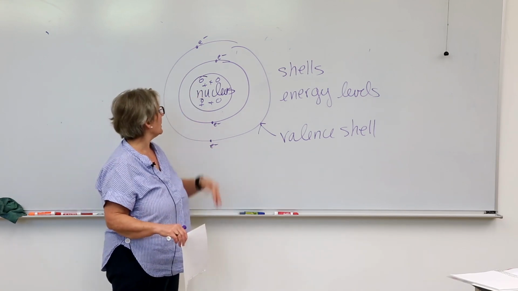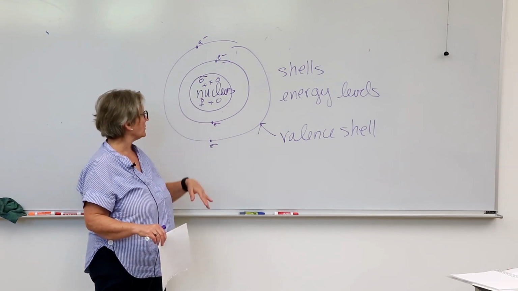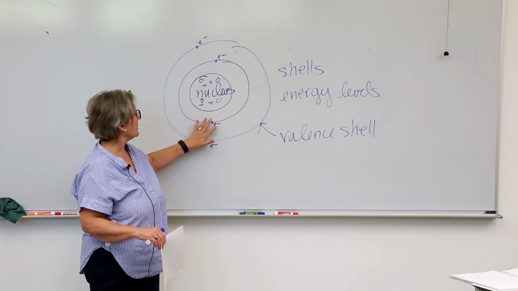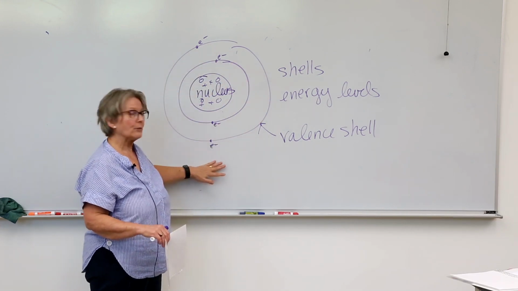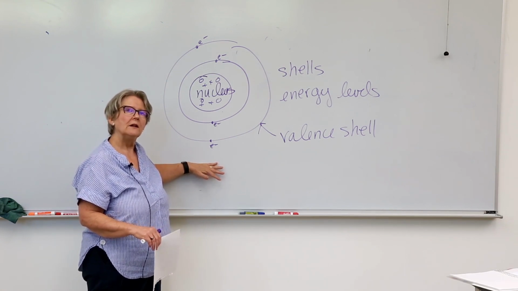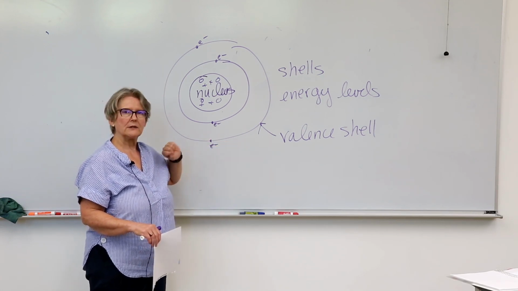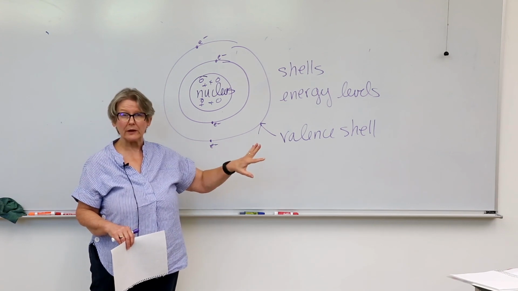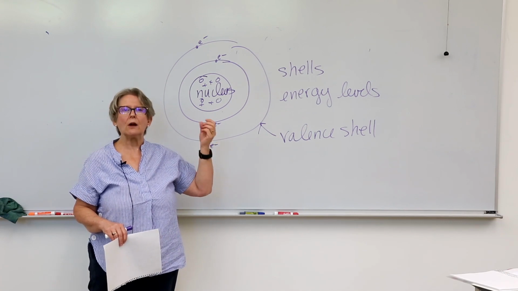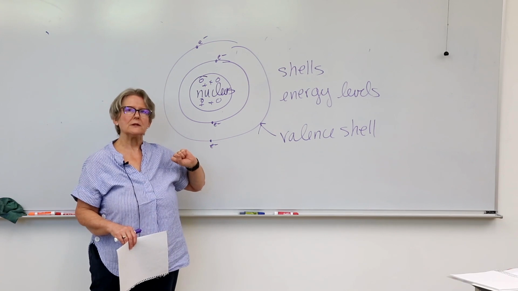So in this particular one, I've given us element number 4. We've got 4 protons, 4 electrons, and the inner level, the inner shell, has 2 electrons. And the next one out here would actually like to have 8. There's something in biology called the octet rule. For virtually all of the atoms that we care about, they want to have 8 electrons in this outer energy level. We're ignoring the transition metals. You can't trust them. They're sneaky. They do all sorts of weird things. But if you think about carbon and nitrogen and all the rest of the ones that living things use all the time, you can think about 8 electrons in this outer energy level.